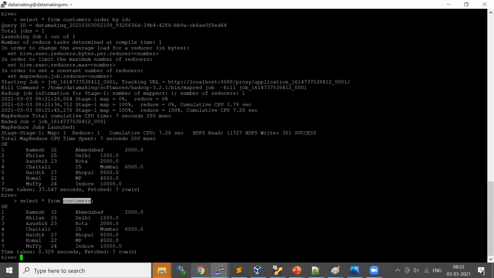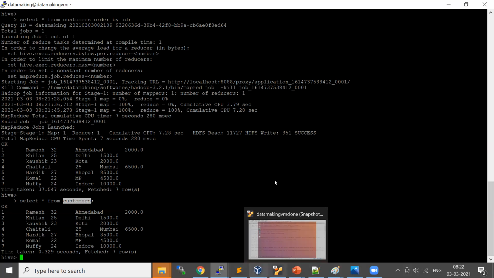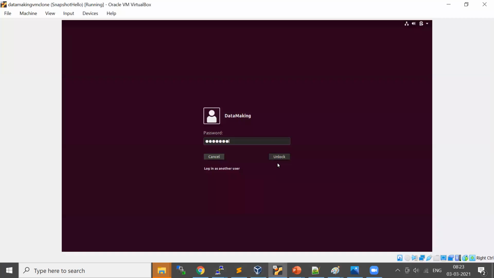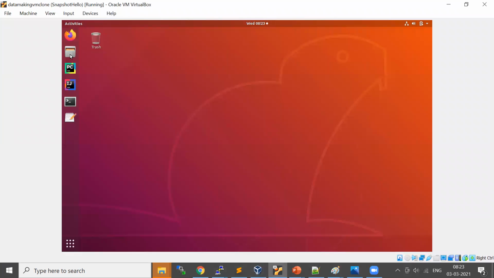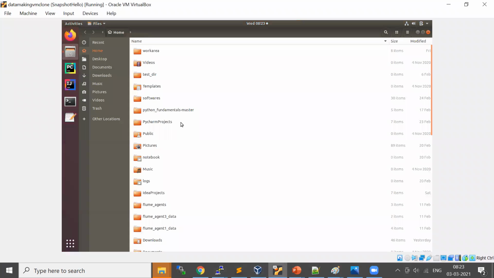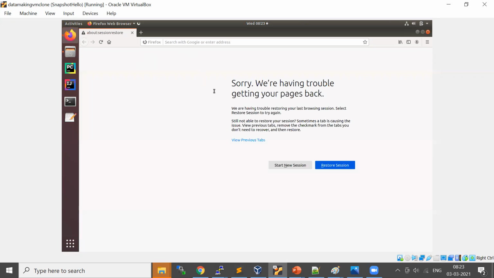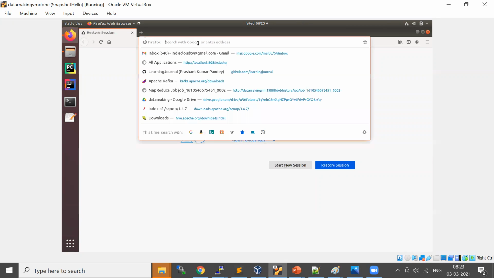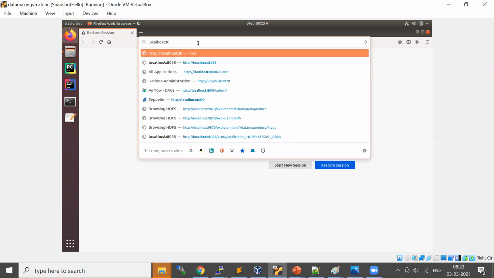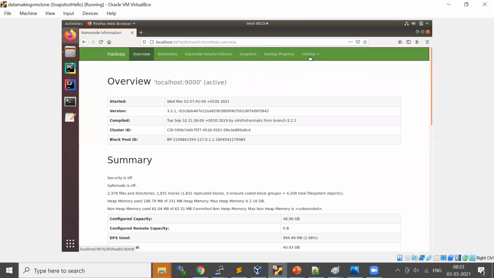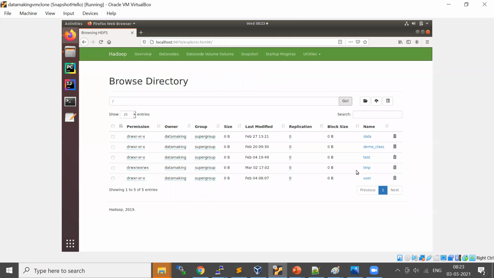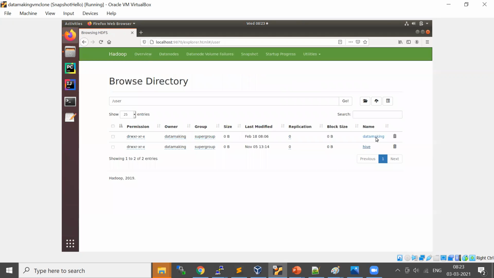And if you want to see how your data was internally stored, you can go to user hive warehouse.